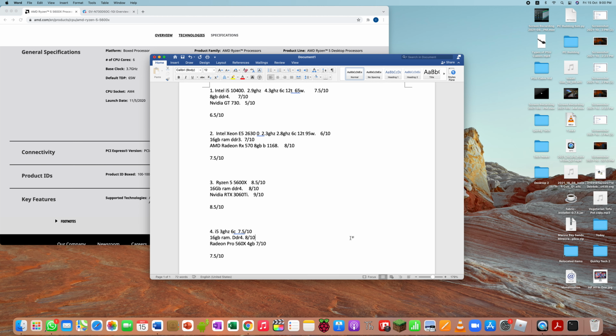Now let's move on. As we can see here, besides from the 3rd user once again, all the rest are still using decently old graphics cards, which aren't very old, but for some years, for example the GT 730, but the Radeon RX series cards here, or the Radeon Pro series cards, which I forgot to mention that this was a Pro 560X, which was like, if I'm not wrong, a Mac only card. So yeah, it's here by the way if you can't tell. That is one of the differences between the Radeon cards here. One is for gaming, one is for workstation. But yeah, so we can't really grade it that fairly